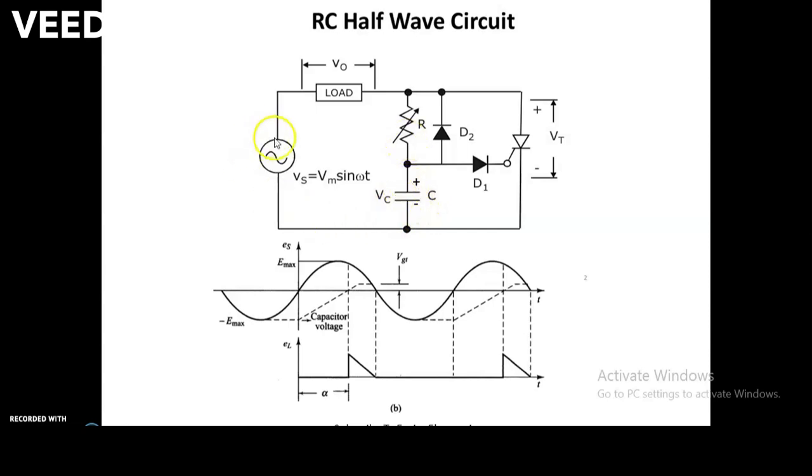Now when positive half cycle of this AC supply appears, what happens in this direction? Charging current of this capacitor flows. Now this capacitor charges through this variable resistor. This charging time or this charging interval is decided by the value of this resistor. If value of this resistor is less, then capacitor charges early. If this value of resistor is more, capacitor takes more time to charge.